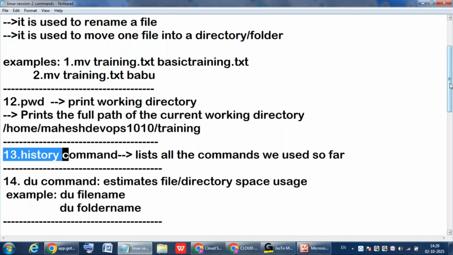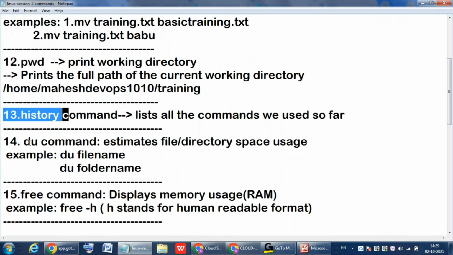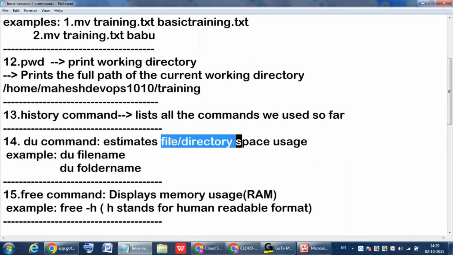So the history command is completed. Now what we need to check is the du command. du stands for disk usage. The full name is disk usage. What it will do is estimate a particular file or a folder, meaning a directory, and how much space